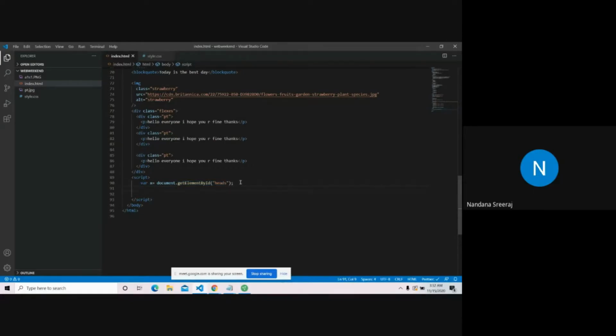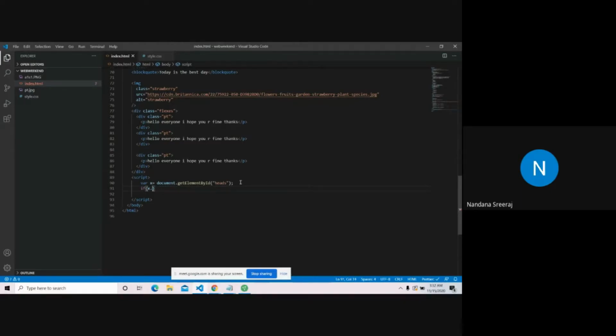And we'll do the color change. x.style.color. This is how we access the CSS properties: the H2 tag's style.color. Style can be followed by anything.